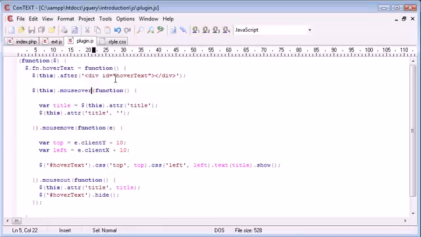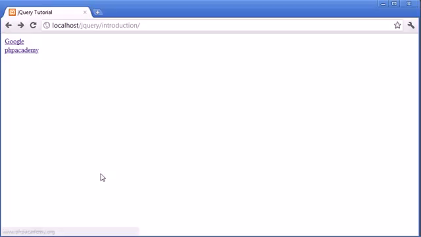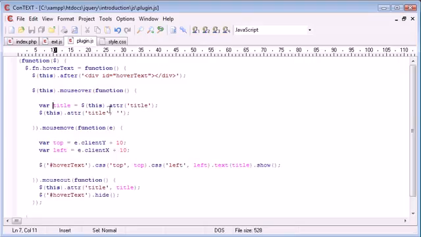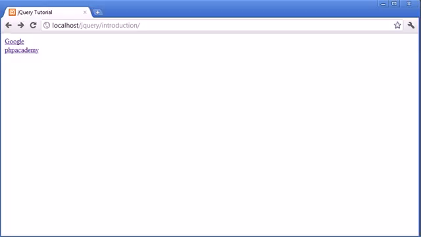Focus in would be for something like a text field or a text area, anything like that, that we focus in either by clicking on or tabbing to. Mouse over is obviously we're using our mouse and we're going over an element. The other thing that I didn't do is I set, well, we'll see with just changing mouse over, we don't